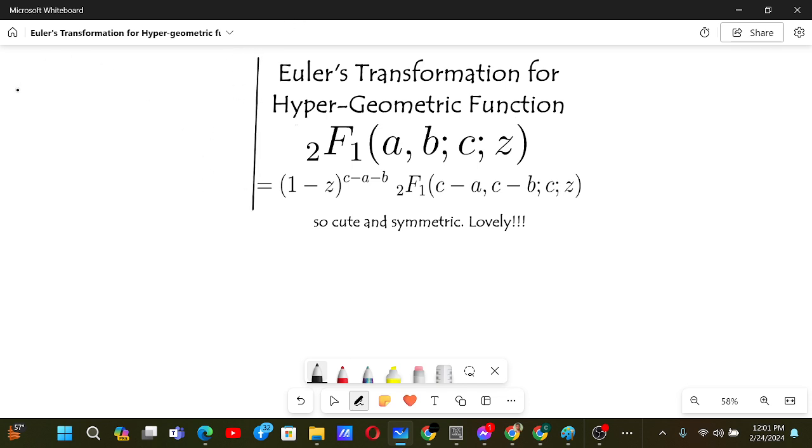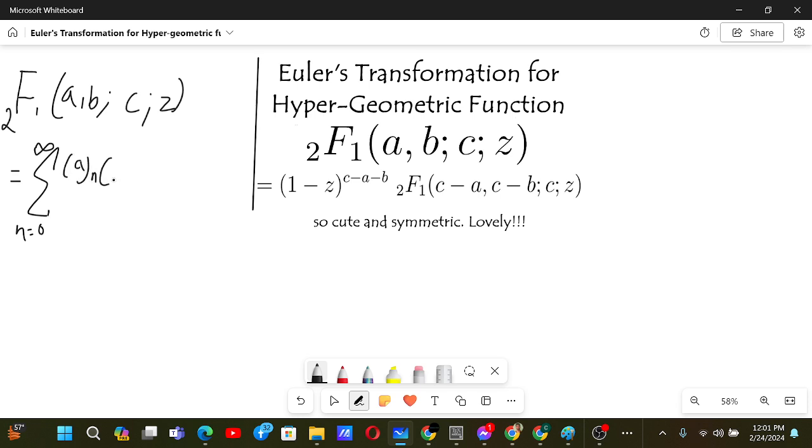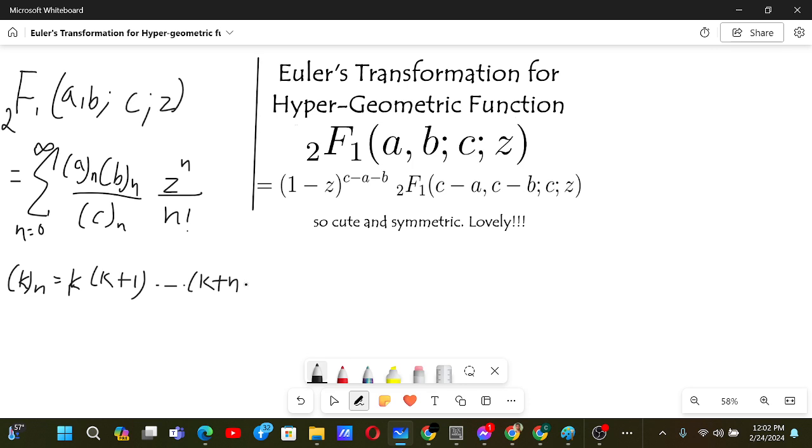and then we will begin. So basically, the hypergeometric function definition, for a, b; c; z, is the sum going from n equals 0 to infinity, rising factorial of a, rising factorial of b by rising factorial of c, z to the power n by n factorial, where rising factorial of k means k times k plus 1, this product up to k plus n minus 1,